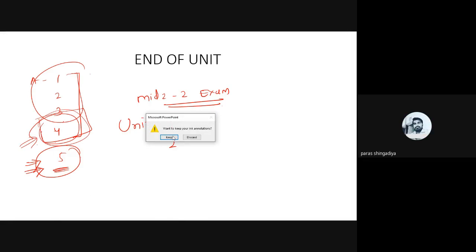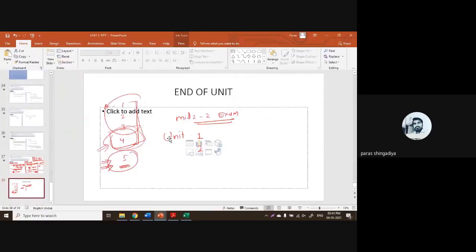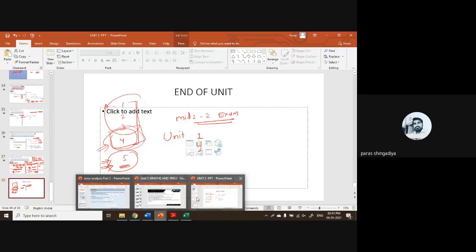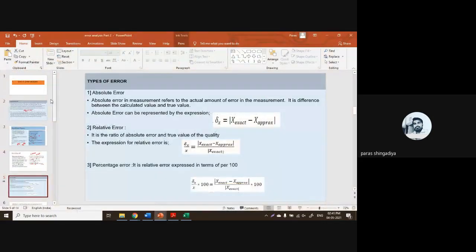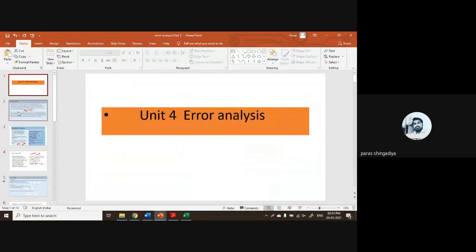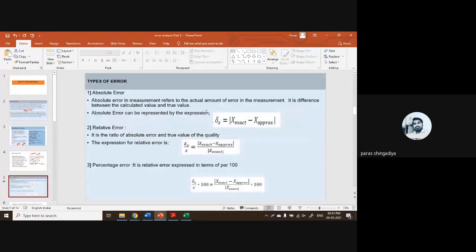Now the last unit of the syllabus, that is a very small unit. Okay, that is the error analysis part. Clear? One or two definitions are there, and 3 formulas for types of error, and related examples. Check absolute error, relative error, percentage error, and so on.